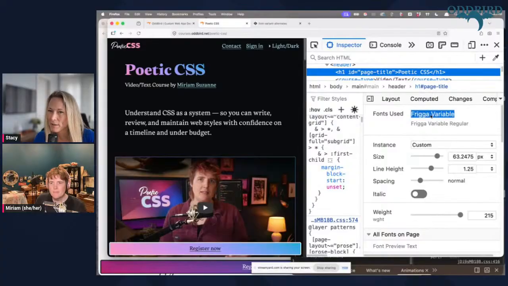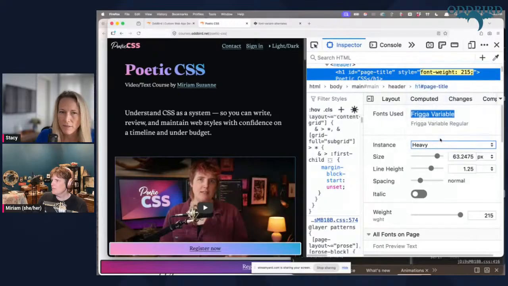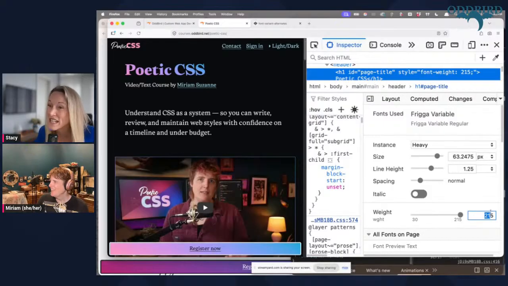And we're using Frigga variable as our typeface. And the Firefox panel has a lot we can do. We're using a custom weight. If someone could explain how this typeface, its heaviest weight is 215, that would be great, because if it falls